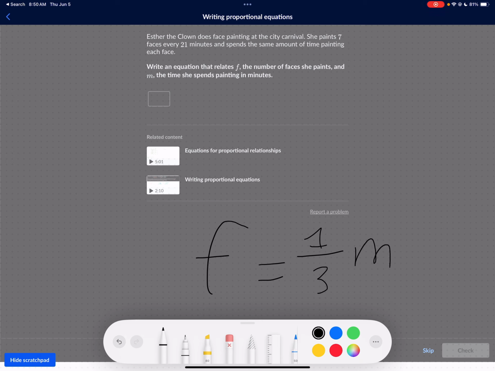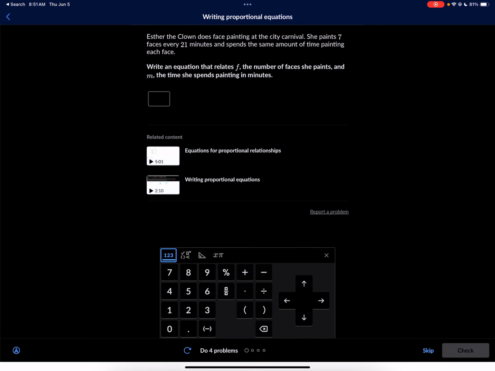Let me explain. If F is 7 and M is 21, if we plug it in, we do 21 divided by 3. In this case, it's 1/3. So we can even do M over 3. This will make it a lot easier, because when you're doing 1/3 times a variable, you can just do that variable divided by 3. So the answer here should be F is equal to